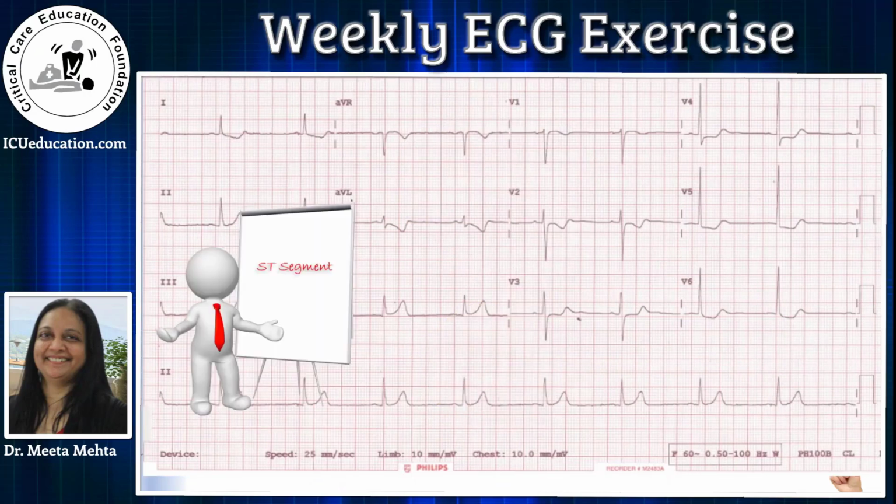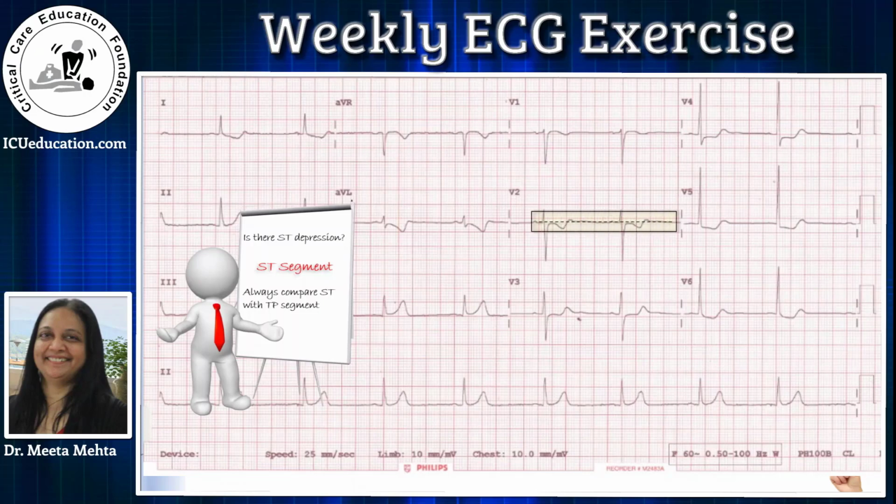So let us first talk about ST segment. This is easy because we have been learning this for past couple of videos, and we know whether it is ST elevation or ST depression, you always compare ST with TP segment. So when we are talking about ST depression, here we will compare it with TP segment in our patient's ECG. Now if you look at here, we have STT changes in 1, AVL, V2, V3, V4, V5. Let's see one by one.